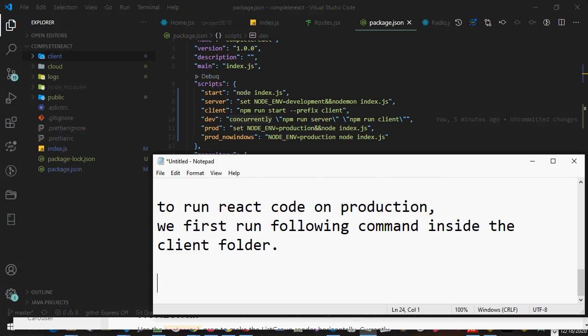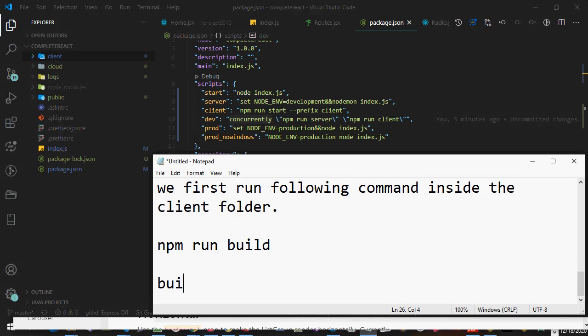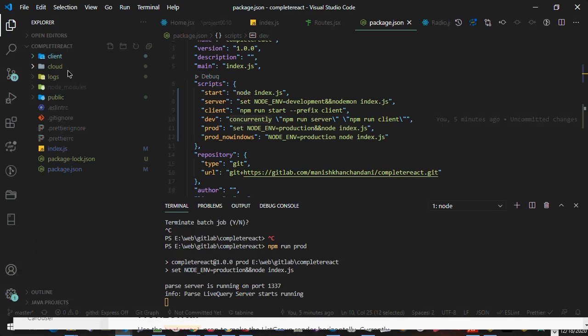So we'll go inside the client folder and we'll run npm run build. As soon as we run this command, a build folder will be created, which you will see in the client. There is a build folder,